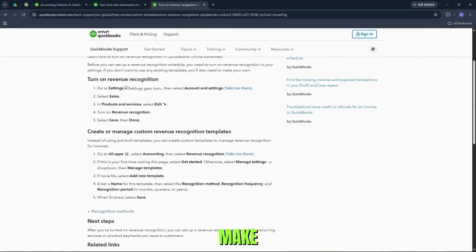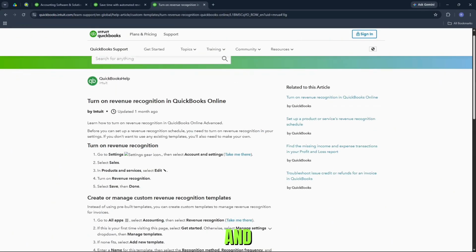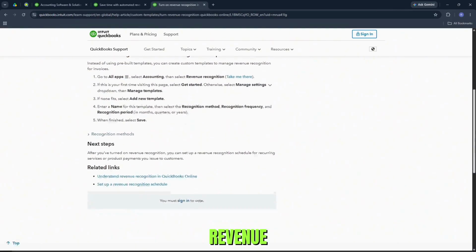If you ever need to make changes, open the invoice, go to the revenue recognition section and edit the schedule. You can also monitor all recognized and deferred revenue by opening the revenue recognition report from the reports menu. And that's how you set up and use revenue recognition in